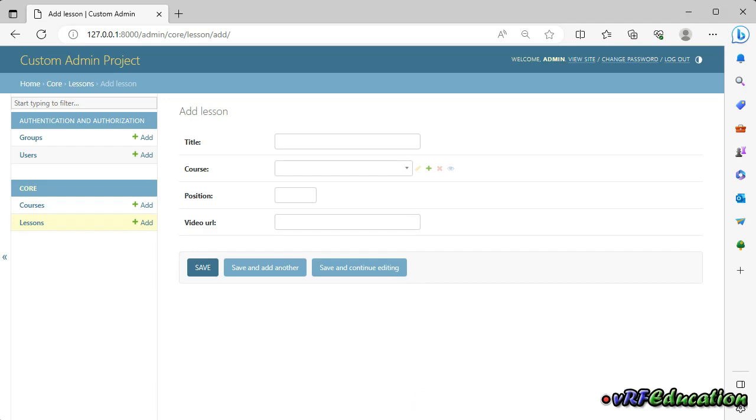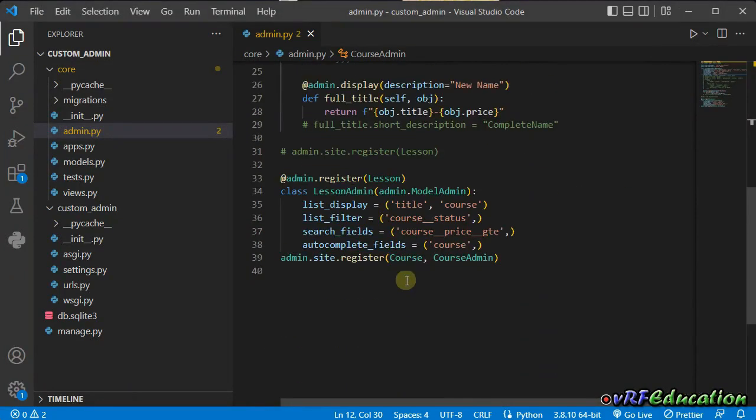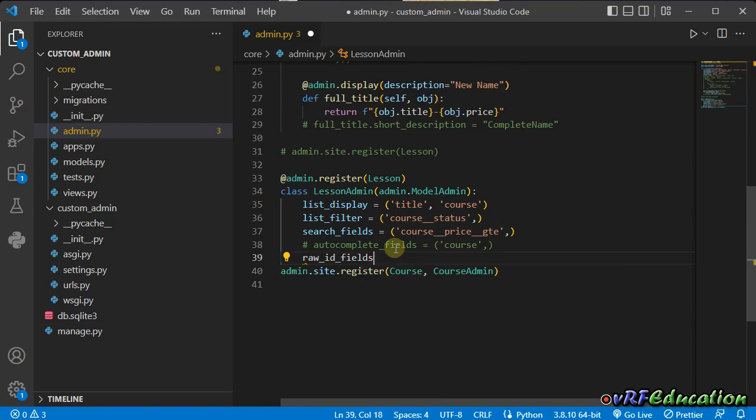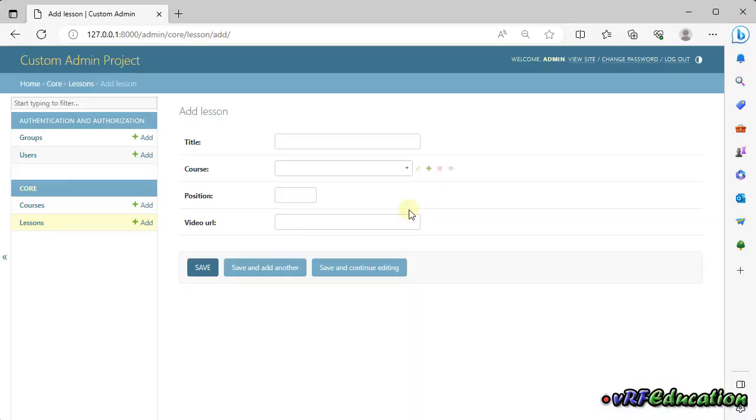I'm gonna comment this autocomplete fields and looking for raw ID on the fields. Raw ID fields, again it says please specify the field that you are going to search for. So I'm gonna say I want to open a dialog, a lookup form for course field inside the lesson model. Now if I refresh the page, this time it's changed to something like this. A magnify icon appear here. It says lookup. So we're going to look up for